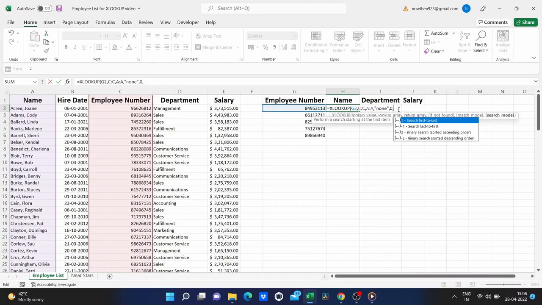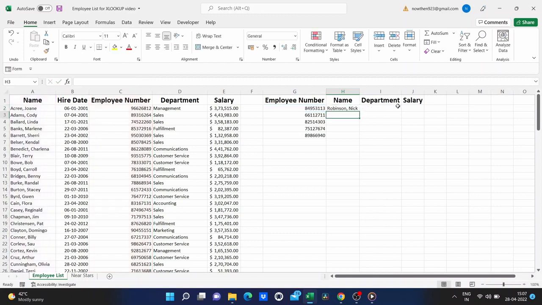So, I'm just going to stop there at exact match and put in my right parenthesis. Again, I could have left off the 0, I could have left off the none in quotes, I could have just stopped here. Instead, I'll stop here after the 0.